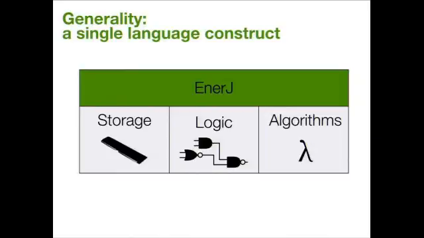The second thing that a programming language can help do is to provide some degree of generality. Lots of people have lots of ideas about how to do approximate computing, about how to make efficiency-accuracy trade-offs. But it would be great if we had a single, unifying construct in the language that let programmers just express approximateness in the abstract. And then the runtime can map that down to any type of approximation you can imagine. For example, we've been interested in ways that you can approximate the logic in CPUs, maybe by using a lower voltage and allowing timing errors to happen sometimes.